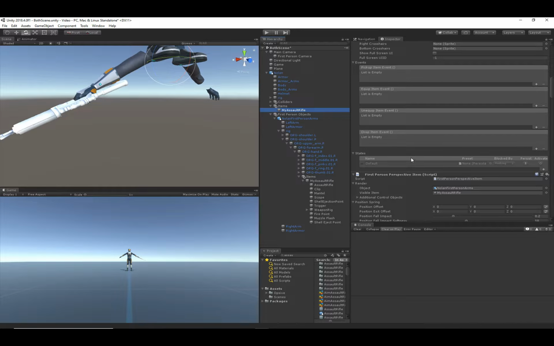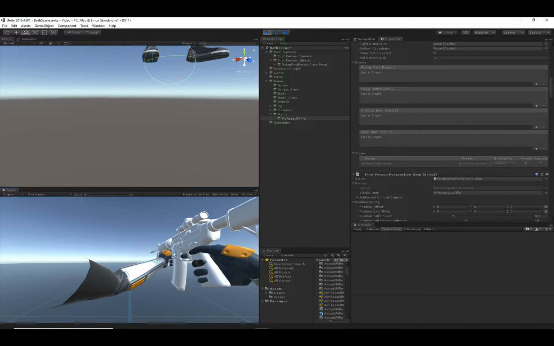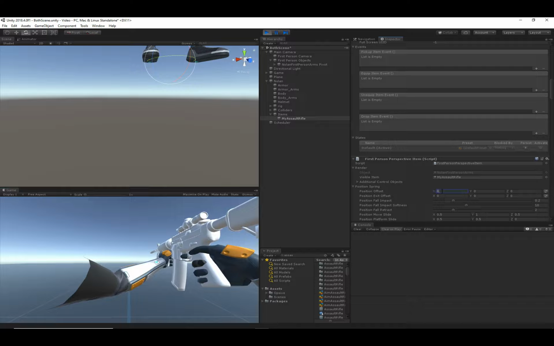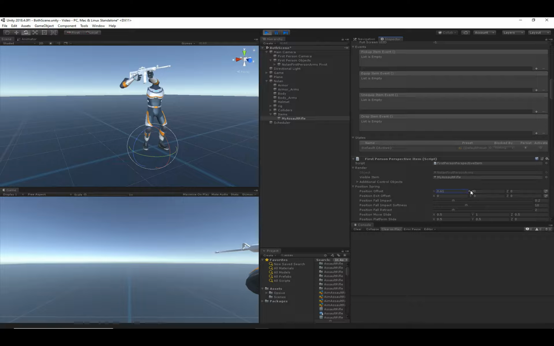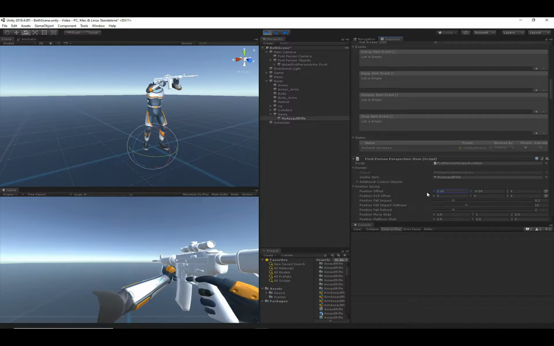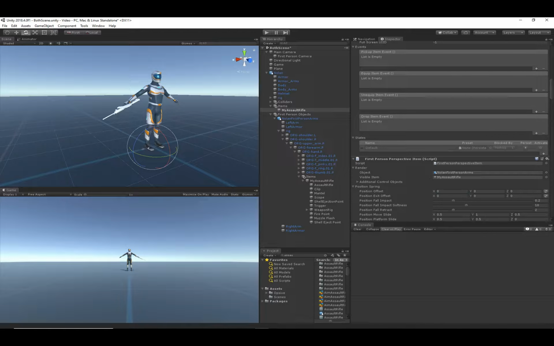So what we want to do now is adjust the position offset for this assault rifle. We can do that by going to the first person perspective item, and changing this position offset. I'm going to just show it here, but I'm also going to cheat again and get some values that I know work. You can see it moving around, so it's just a matter of playing with it to get the right value. And I'm going to cheat again and use some values that I know will work. So I am going to stop the game,